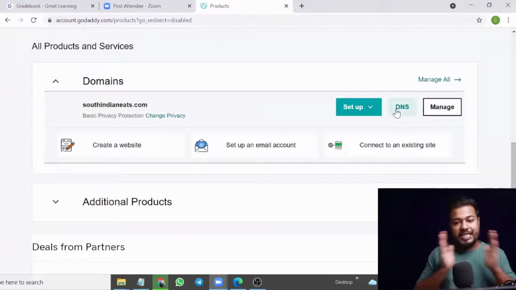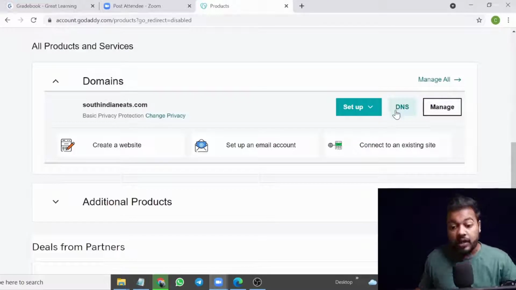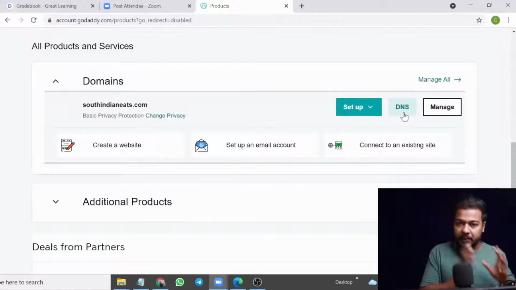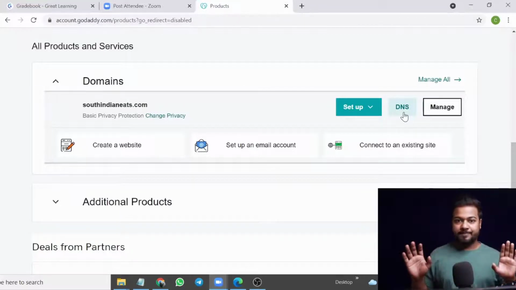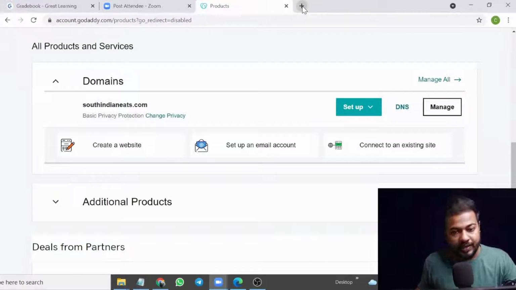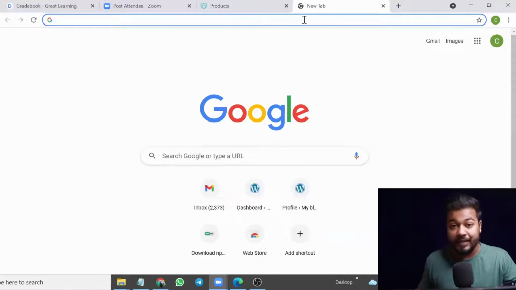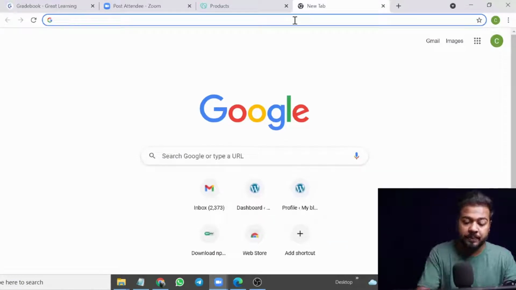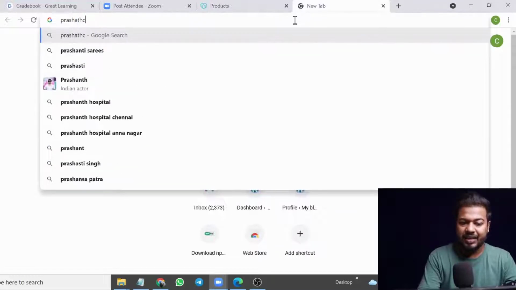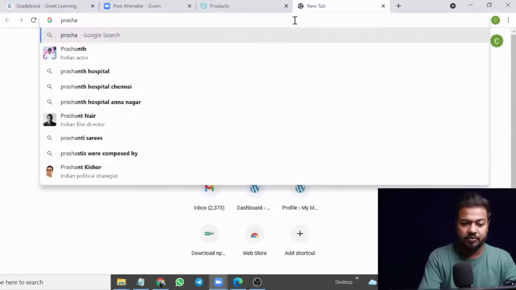You need to stay here, because in future we need to work upon this DNS part. DNS stands for domain name server, right? It means this is the place from where you are going to interlink your domain with your hosting, right? So you just come to this page and stop it here. Now we need to go for hosting. So we are going to buy hosting from a different place. Today we are going to work upon Hostinger, because I believe that is a really good place to buy hosting from.